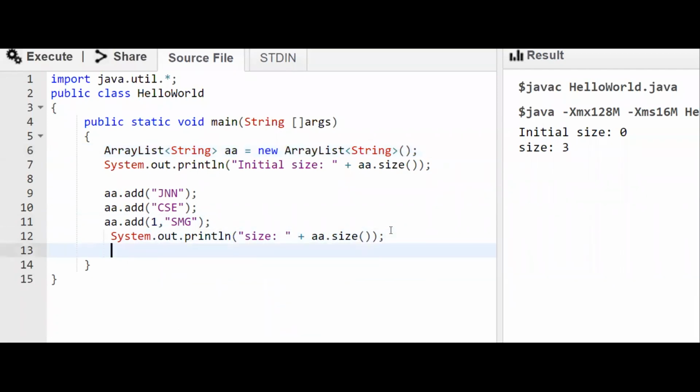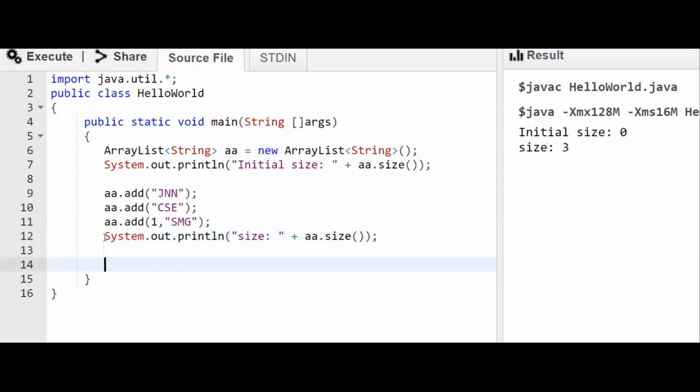Once we add elements into the ArrayList, we can print the contents of the ArrayList itself, by just trying to print the variable itself. If we put AA with a message, the contents of the ArrayList will be printed, which means we can display all the elements present in that particular ArrayList.